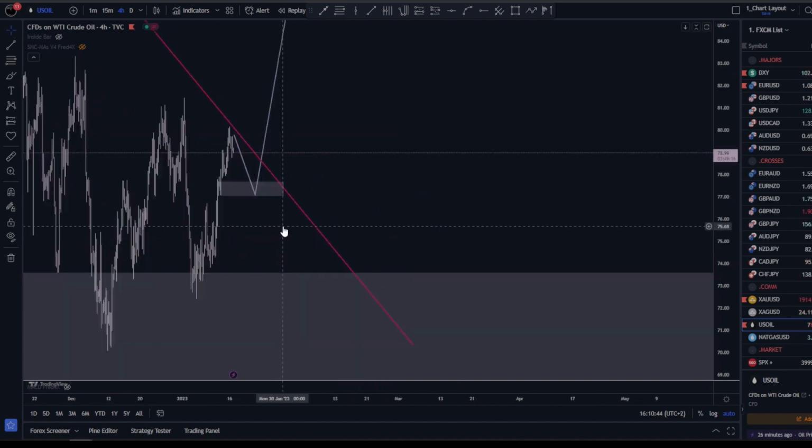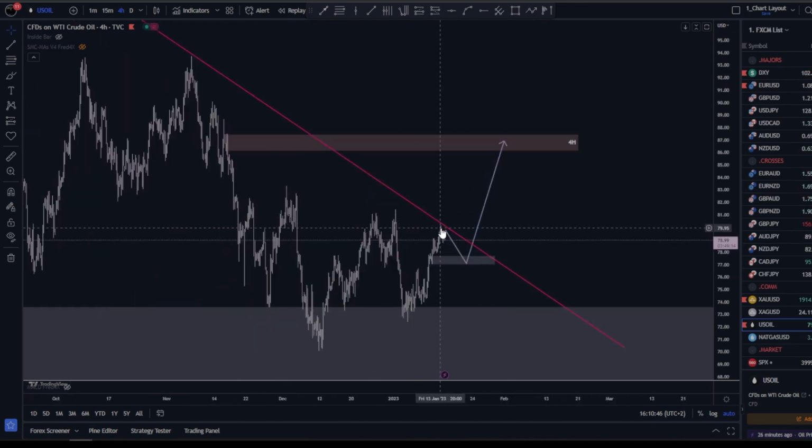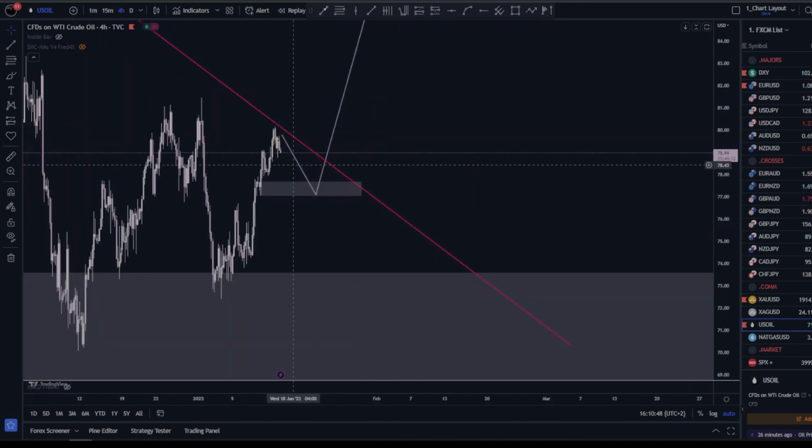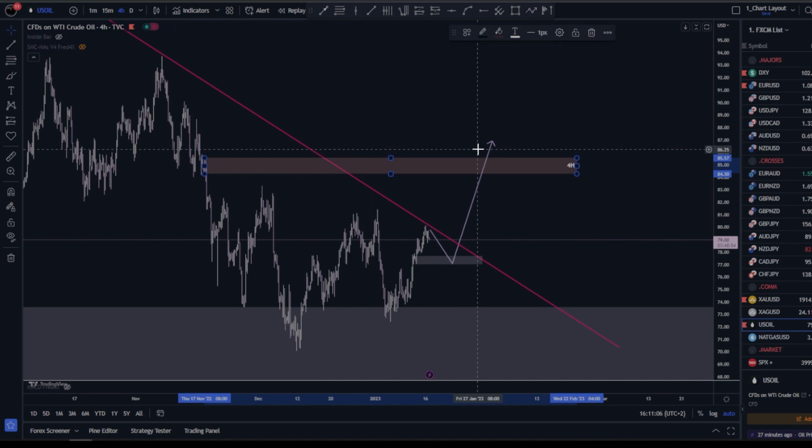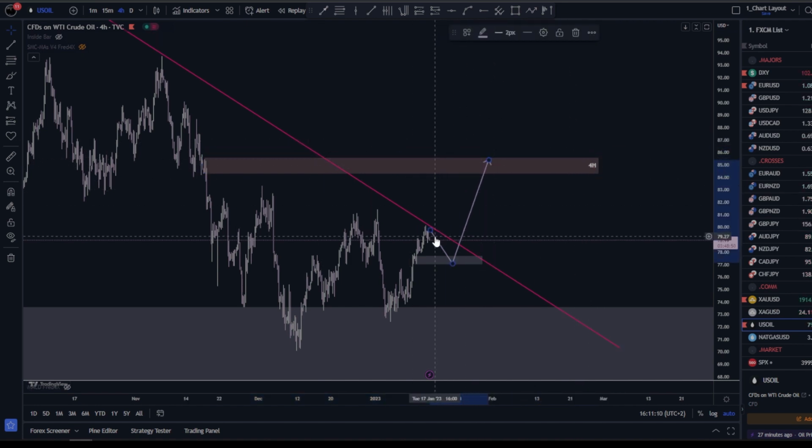The price is lurking underneath this trend line. I'm expecting it to fall a bit more underneath here, reach this demand area on the 4-hour chart, and then start to go up. As a target, I can see the price reaching the 86, 87 levels, or let's say at first I'm expecting it to reach the $84 level before anything else. So keep an eye on oil. If it makes a nice pullback here, you can go with a buy.